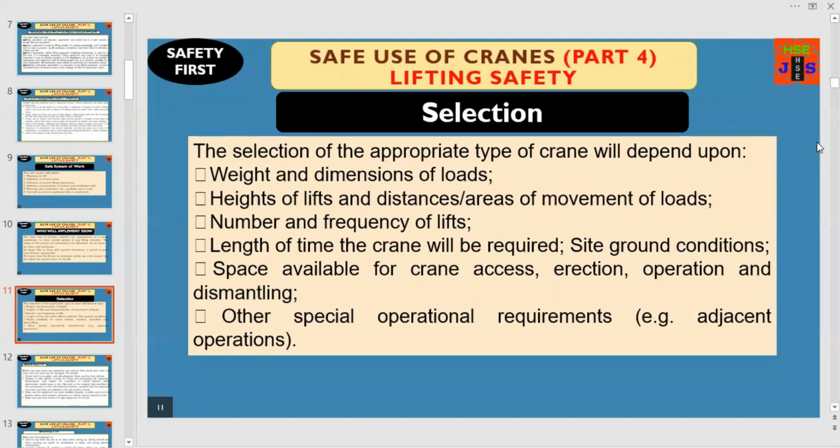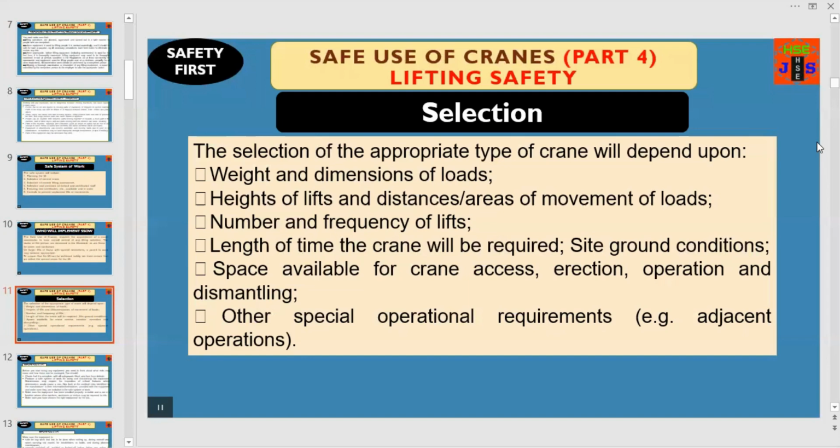Once you are in the process of selecting the crane, you have to consider all these factors. Without considering these important points, it is almost impossible to select the right crane for safe lifting